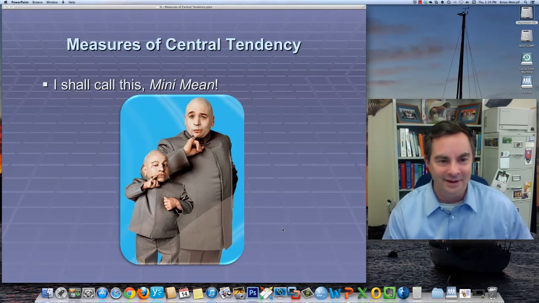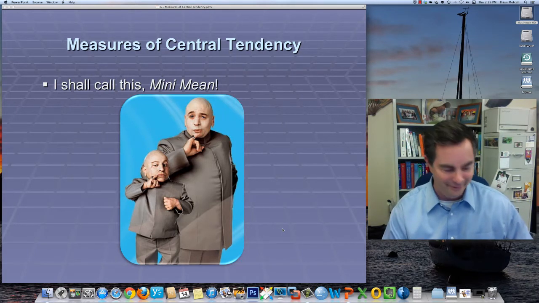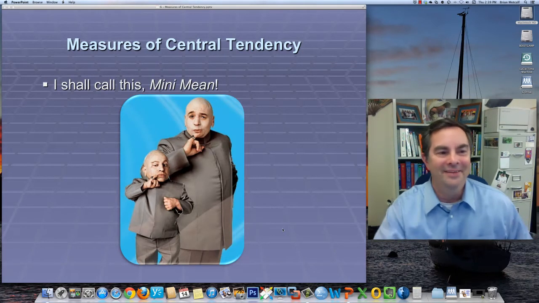If you don't know who these are, you gotta pause the video right now and go watch Austin Powers and come back. All right? If you've never seen that movie, stop now and go watch the movie. Maybe not. Save it for spring break. All right. So,